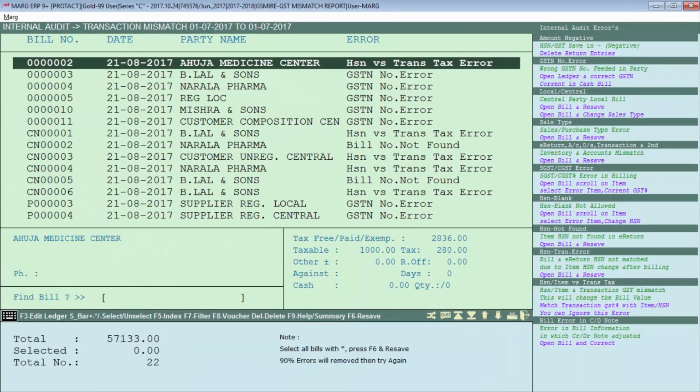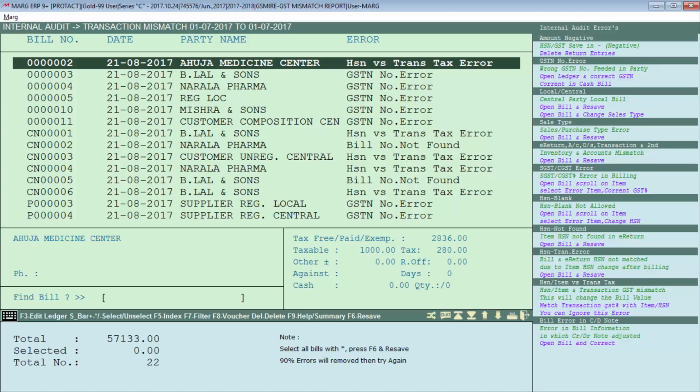Next error is the sale type. This error will be visible to only those MARG users who had done billing in VAT earlier and have now updated to GST. At the time of VAT, when we did sale return, breakage, expiry, the entry was done as a credit note entry, and of purchase return as a debit note. But in GST, if we have to do the entry against a debit note or credit note, then we need to give the reference number against them. It means you are giving the credit note or debit note against which bill.